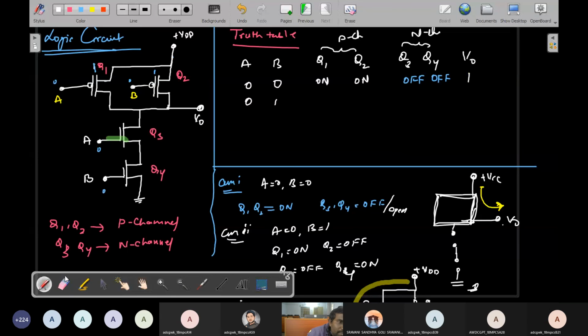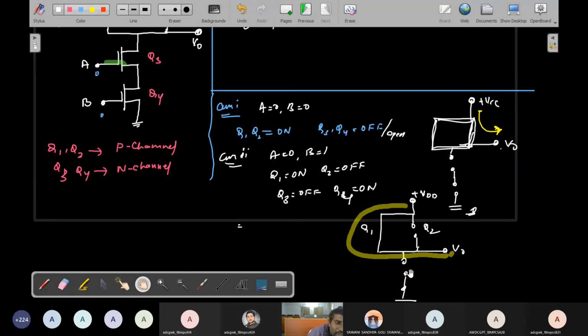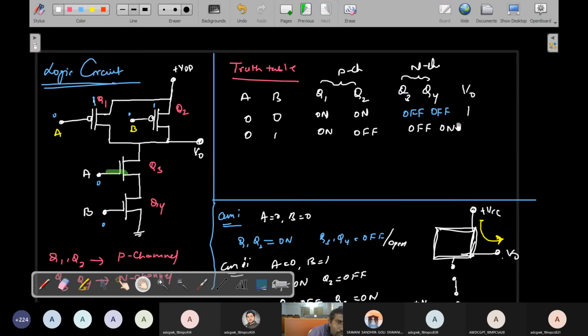In this situation you simply write: Q1 is on, Q2 is off, Q3 is off. So in this diagram also, see, this is not going to be connected to ground. Therefore the potential simply drops to the output voltage. So the output is always considered to be high. Similarly, the 1,0 situation is also there. This is off state, this is on state, this is on state, this is off state, which is also 1.